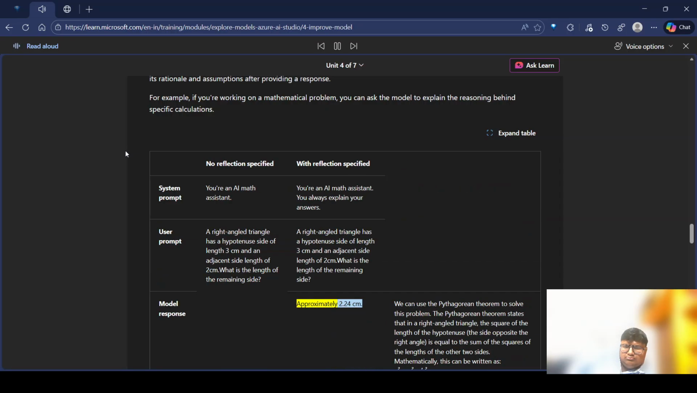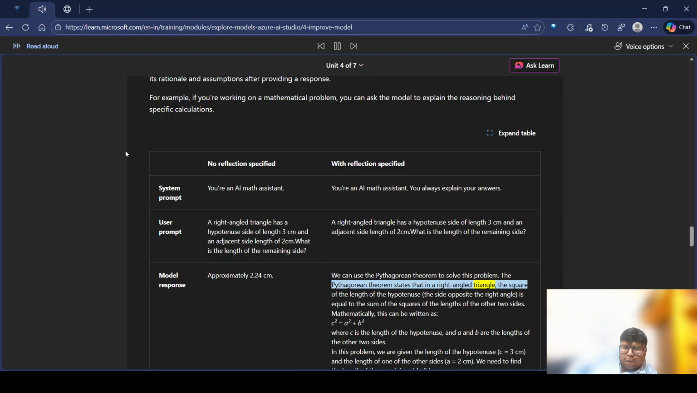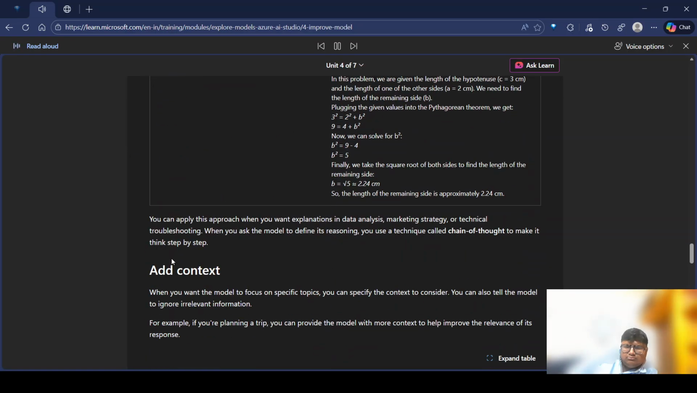Model response. Approximately 2.24 centimeters. We can use the Pythagorean theorem to solve this problem. The Pythagorean theorem states that in a right-angled triangle, the square of the length of the hypotenuse, the side opposite the right angle, is equal to the sum of the squares of the lengths of the other two sides. Mathematically, this can be written as